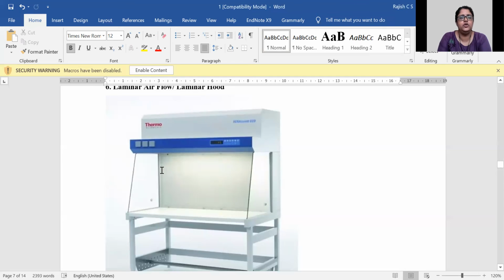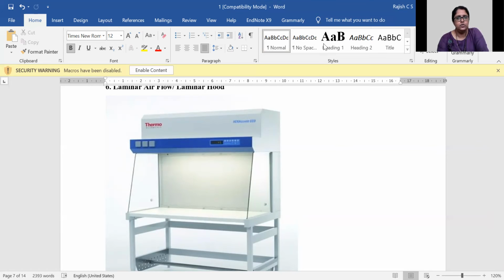What I've shown you here is a biosafety level 1 cabinet. It will also be available as a biosafety level 2 cabinet. It is essentially a component in which you will have sterile air coming through because of the HEPA. You can work with normal microorganisms which are not extremely pathogenic, and you will be working over here.